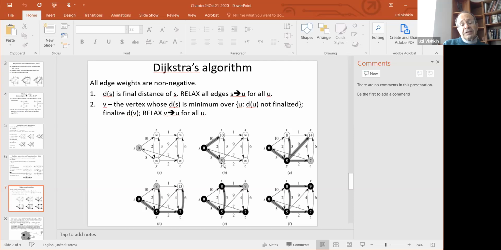Now, you already got the spirit of the general iteration, but what you have not yet seen is which vertex we are going to finalize the distance to next. And here is the whole idea as written in step 2, which is the general step of the algorithm. So we have the vertices that we finalized. So far, we finalized only the distance to S. So now we are going to look at all the vertices whose distance was not finalized, meaning in this case, all the vertices, and we pick the one